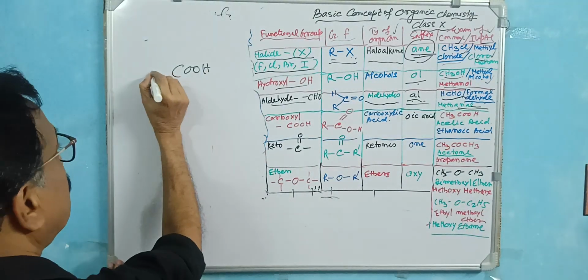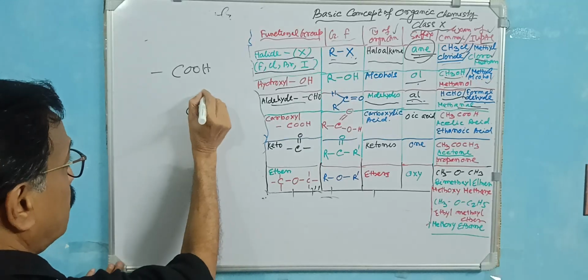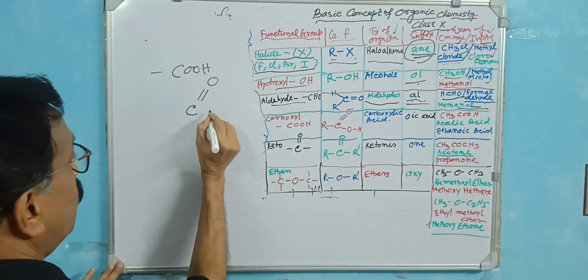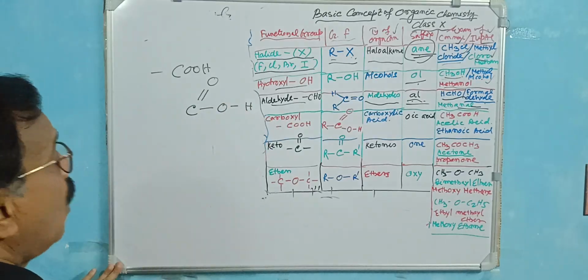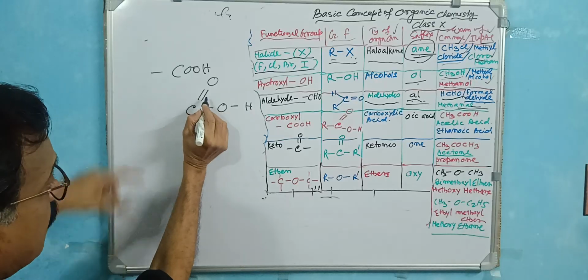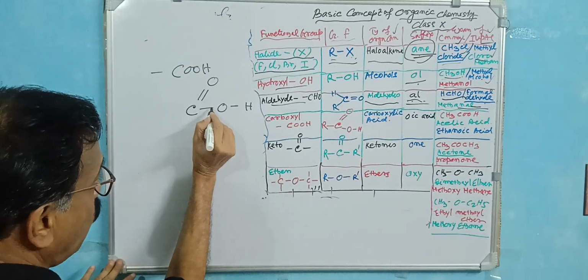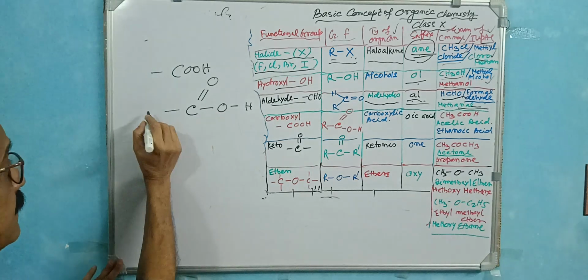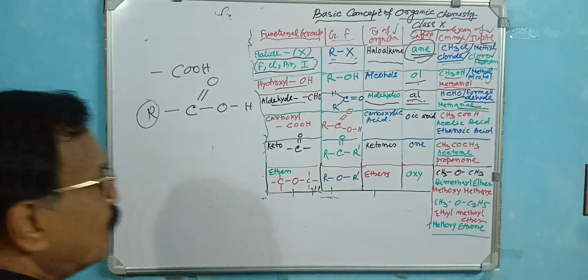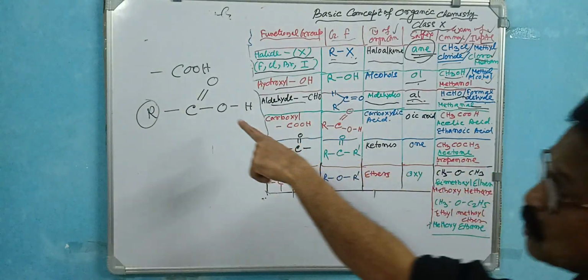What is the structure? C is the center part. Now the double bond, this one, and this is O. One is H. This is the attachment. Carbon's two hands are attached with the oxygen. One oxygen has two hands: one is attached to carbon, one is hydrogen. Now, this hand is open. This hand is actually captured for the R, or the methyl or ethyl group. This is the structure of the